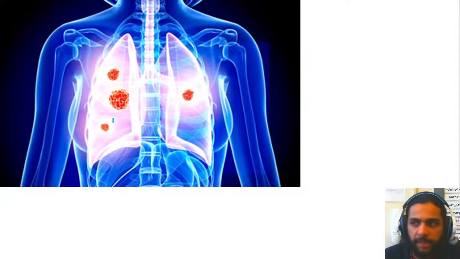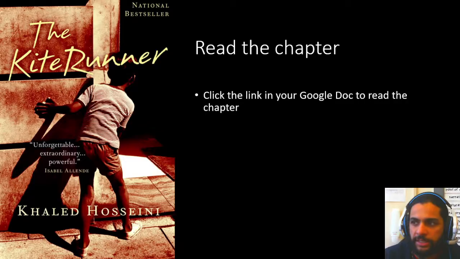So it's happy and joyful at the beginning of the chapter when Amir and Soraya start their relationship, and there's a very, very kind of awkward flirty scene that you'll be reading, which is one of my favorite parts of the story. But it's definitely got a sad ending here with Baba getting diagnosed with lung cancer, and he doesn't have long to live after he is diagnosed. So that is how this chapter ends.